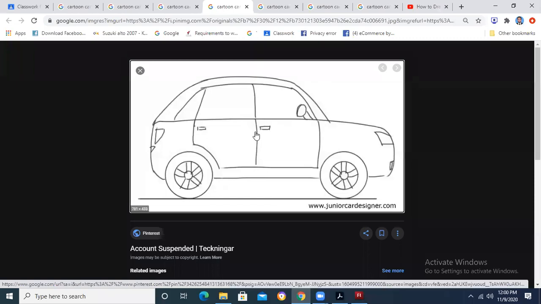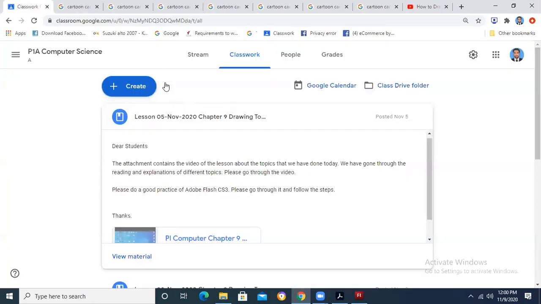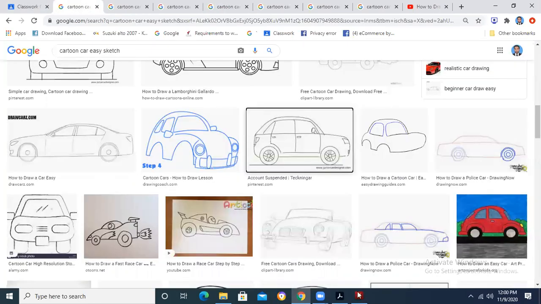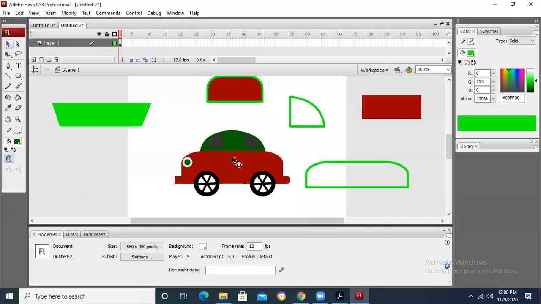This is a rectangle, the handle of the door. This is a circle, the steering, this is line, this is line. These are rectangles and triangles. These are the wheels. I have shown you how you can draw the wheels. This is a headlight in the form of a rectangle. You can even draw the rounded. So this type of image, if you need to draw, it is very easy for us to draw such kind of image. And you should draw in one color. In one color, if you are drawing it will be better.